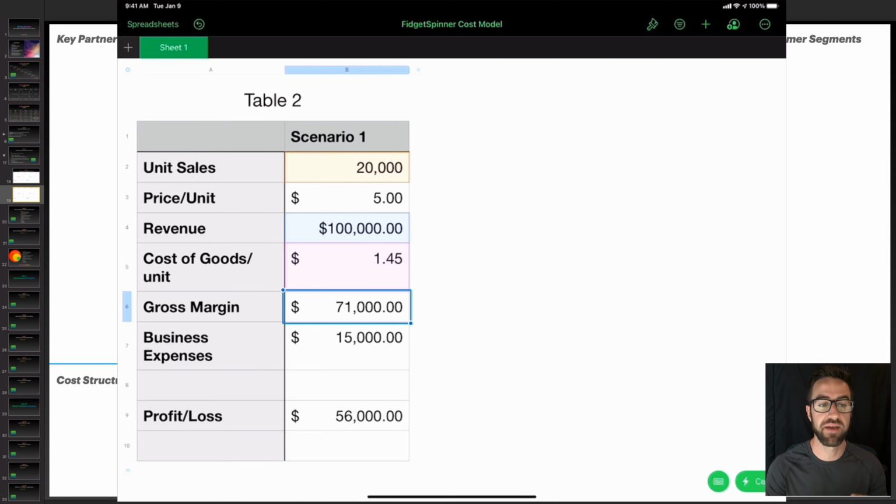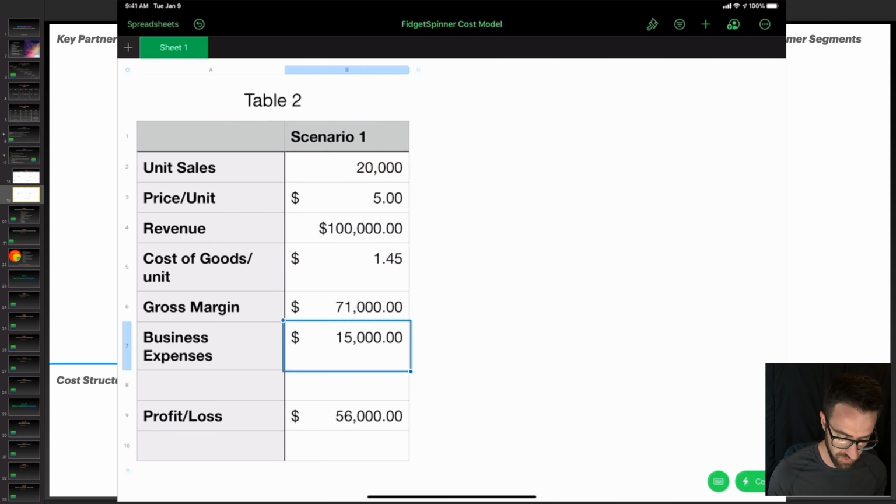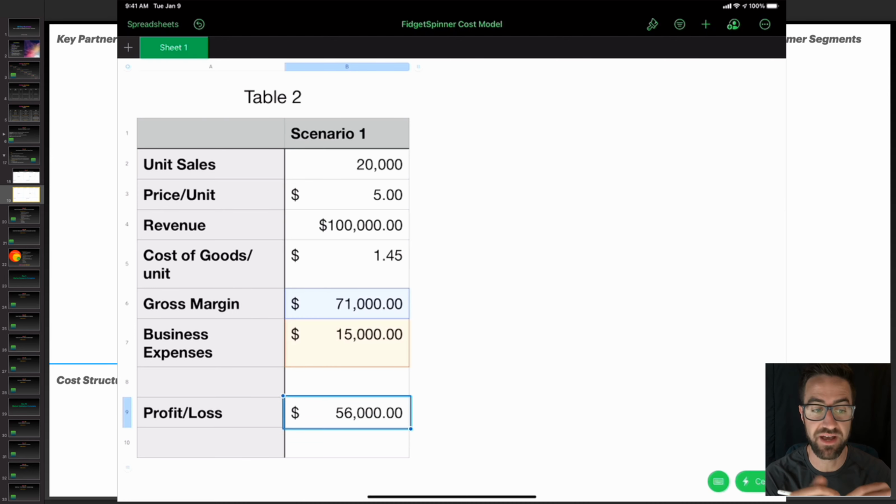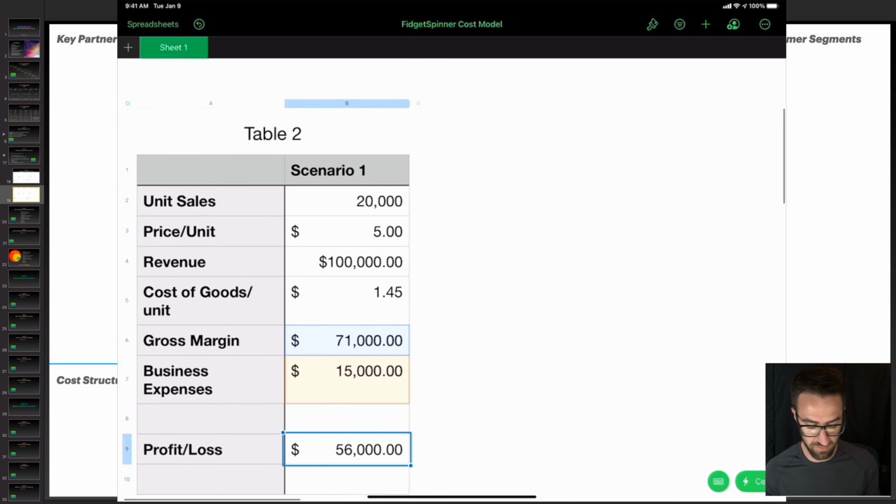But then we have some business expenses on top of it. So we have another $15,000 in business expenses that we need to, again, reduce from our gross margin. So 71,000 minus 15,000 gives us $56,000 after all of our business expenses and our product costs are covered. Now that's how much money we're making a month. That's a killing, right? You're making a killing. Well,